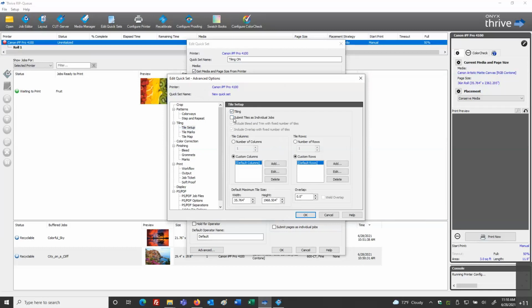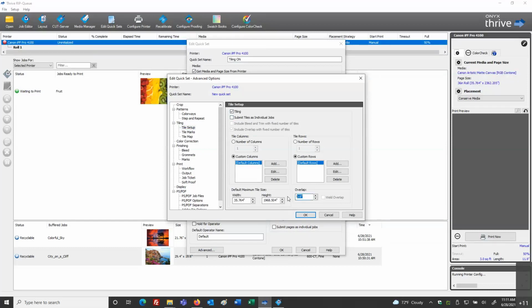We can submit each individual tile as its own individual job if we check this feature on. If we needed to set a custom width or height, we can do that here. That is something that we'd be able to adjust for and set. We can also set an overlap amount.